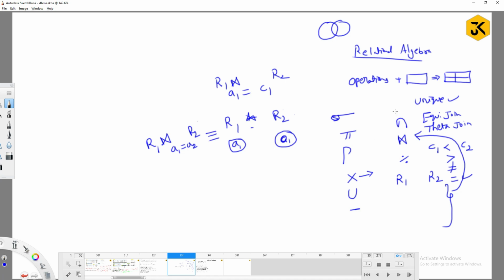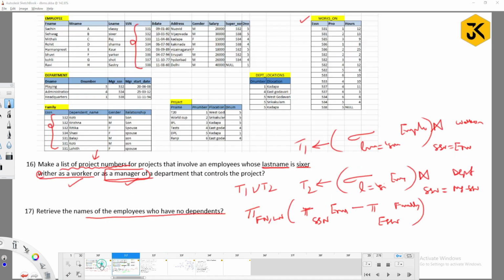Natural join, right? And why are they called extended operations? Because I can derive these three operations from all the basic operations. That's why I can call them extended operations, or I can call the basic operations a complete set of operations. This is what we have seen in the previous class, and also we have gone through various kinds of queries,